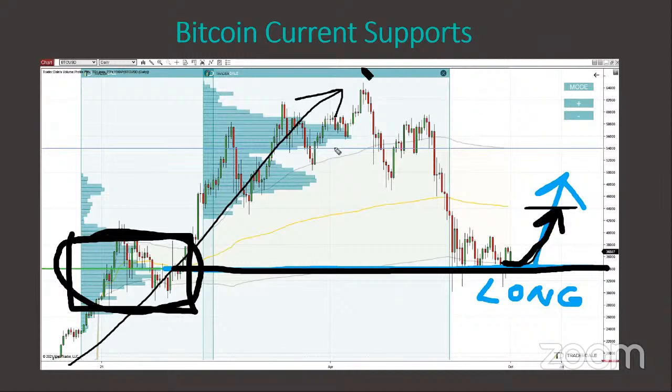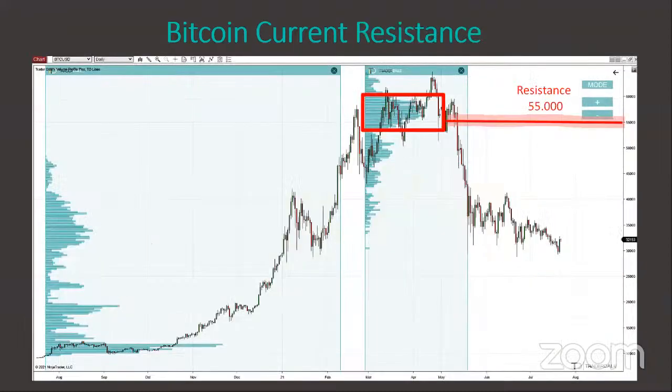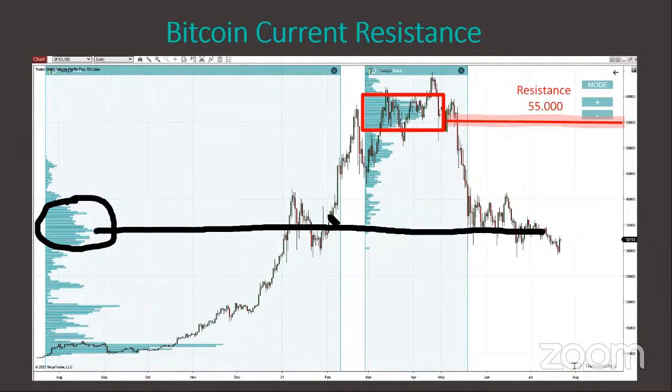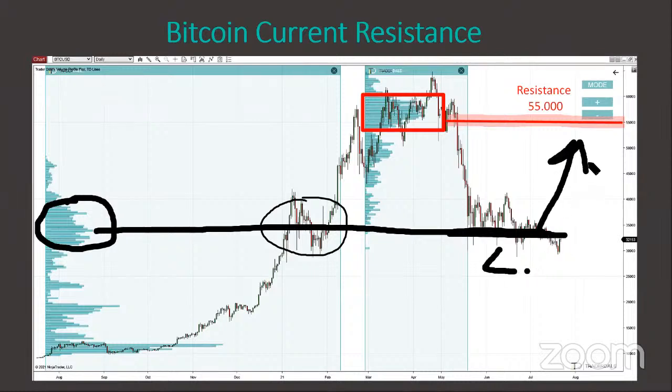And another thing to notice in here, let me just go to another screen. It's better visible there. This is the same one. This is the same screen, only zoomed out a bit. So this is the heavy volume cluster, which got created in here. And this is the level to go long from, right? And the ideal take profit, at least for half of your position, is in here around 55K.